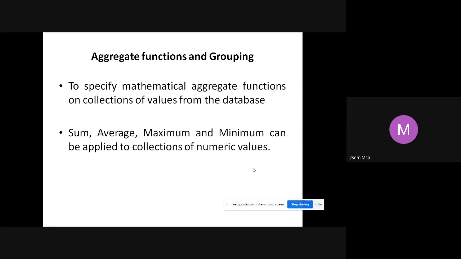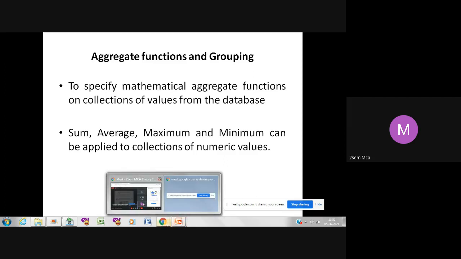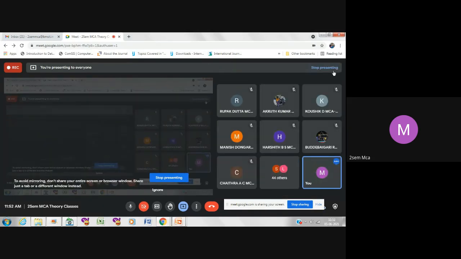We saw the differences between a Cartesian product and a join. In a Cartesian product, we get all possible tuples, whereas in a join, we give a particular condition, and wherever the condition is satisfied, those tuples are displayed, right? So that is basically a join.